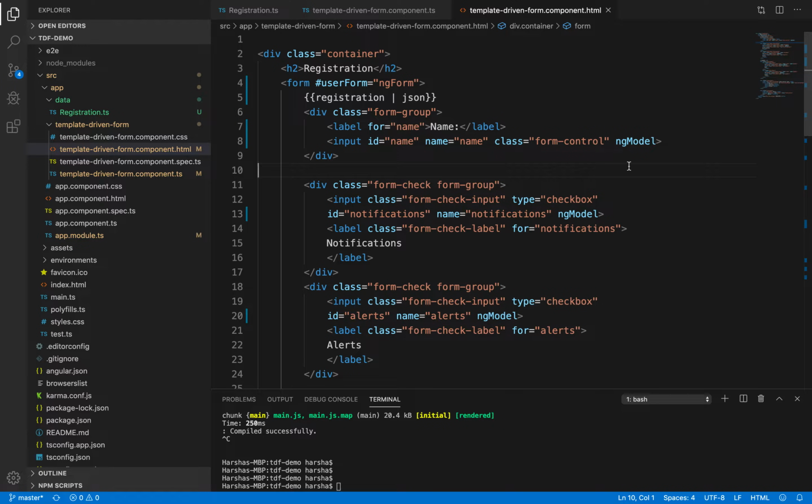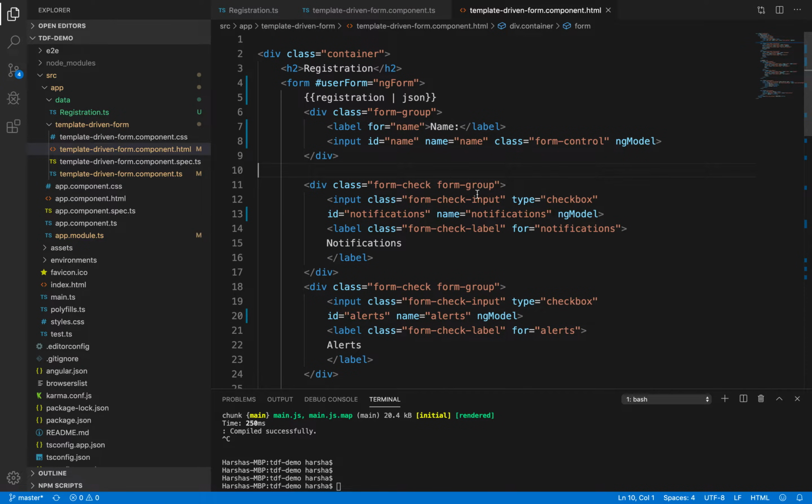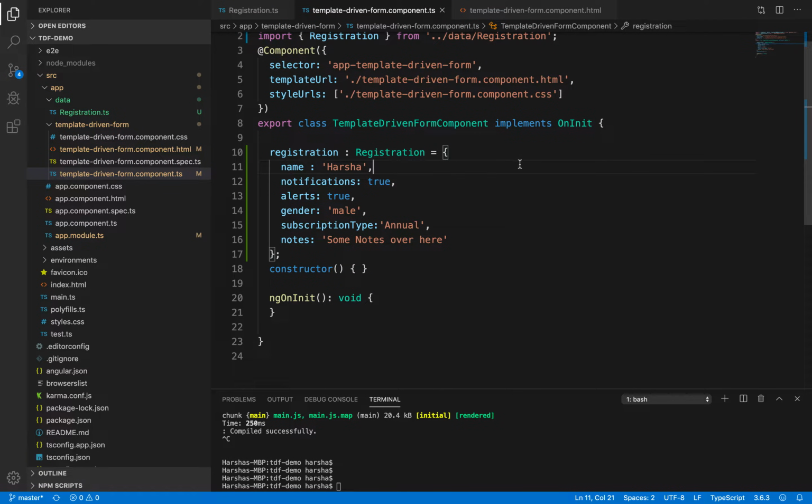But the problem in this case is, suppose we have a requirement where we want the form to be filled by default whenever we load a web page or the browser, automatically with default values, and whenever I enter updated values in these fields, my object, this is my object, should also be updated accordingly. In this case it will not work properly, because we are only storing data in the object, we are not sending data back to the object from the fields which you are filling in the form.